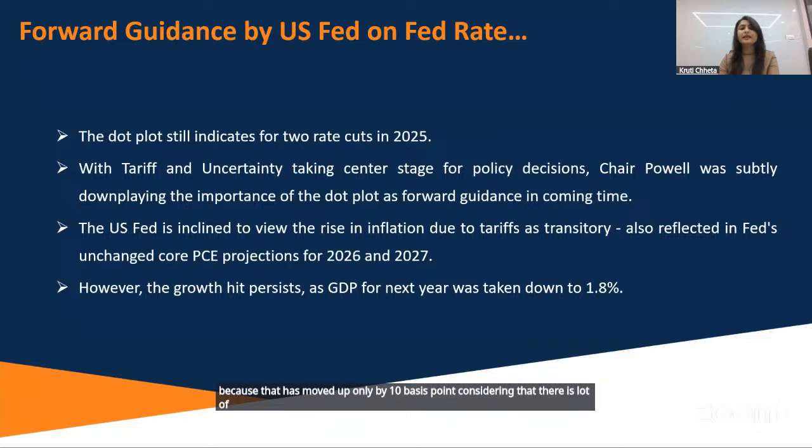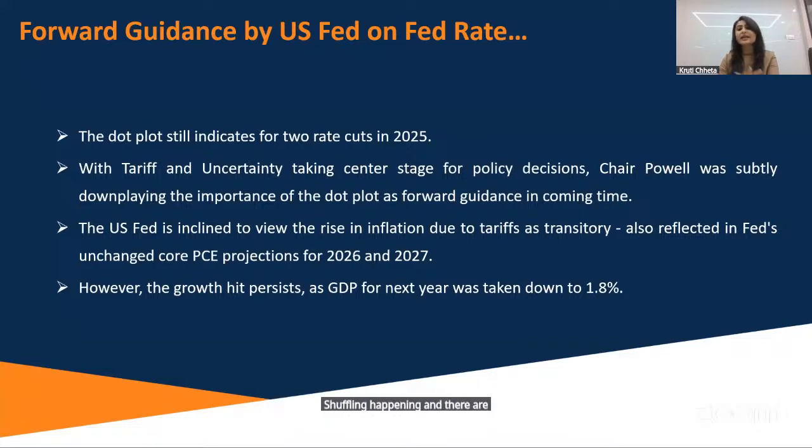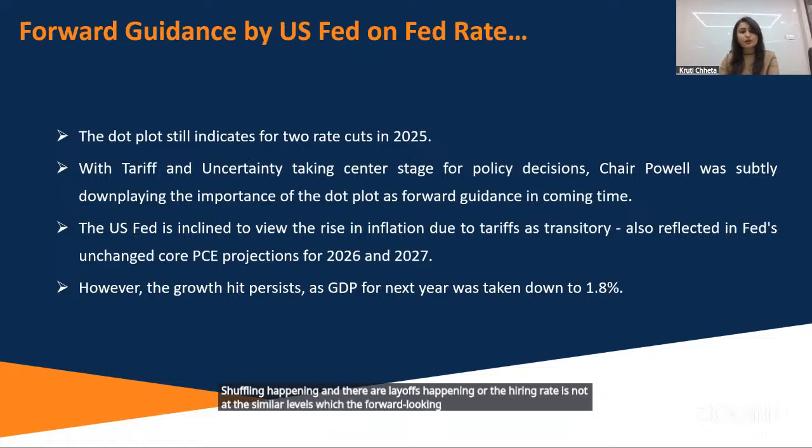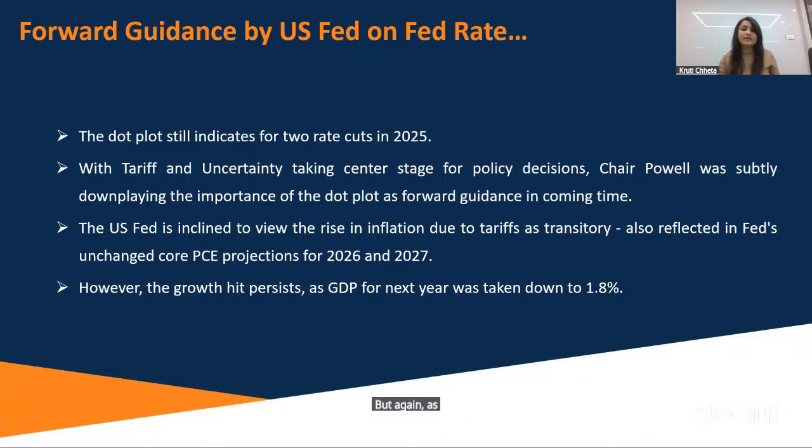shuffling happening and there are layoffs happening, or the hiring rate is not at the similar levels which the forward-looking sentiment is also showing. The unemployment rate seems to be a bit of an undershoot right now. And even GDP, by 40 basis points, given that on April 2 there could be implementation of tariffs, might be an undershoot. But again, as we have seen, the sentiment has remained about pause and wait and watch,